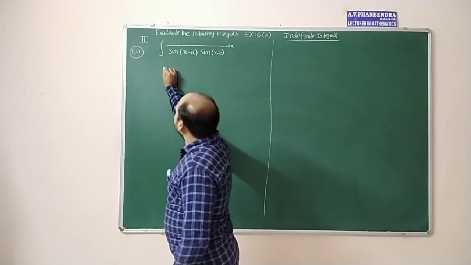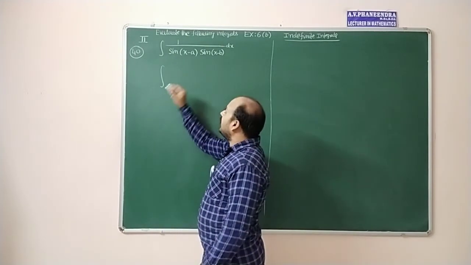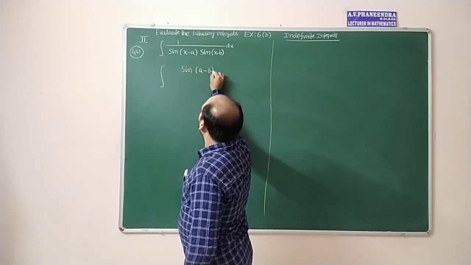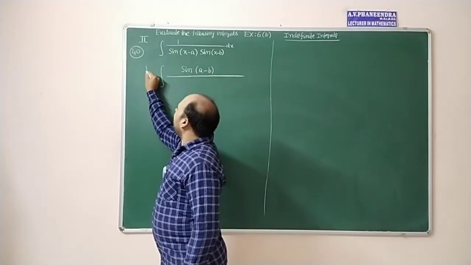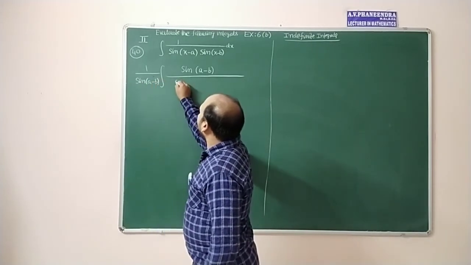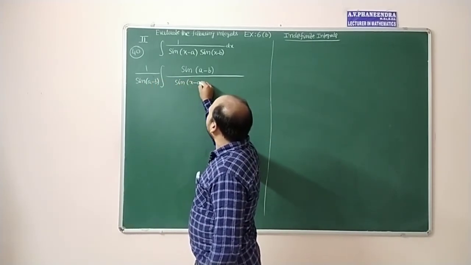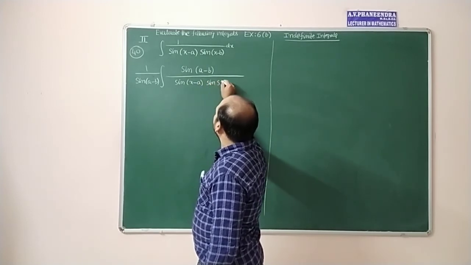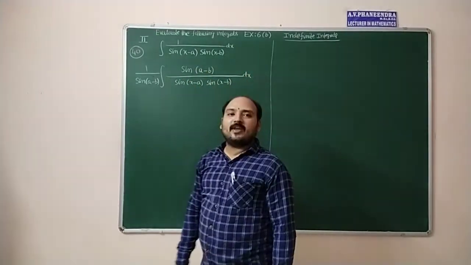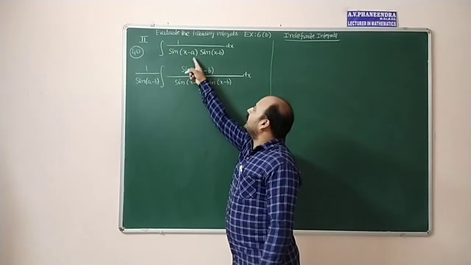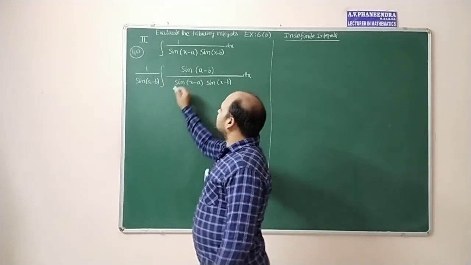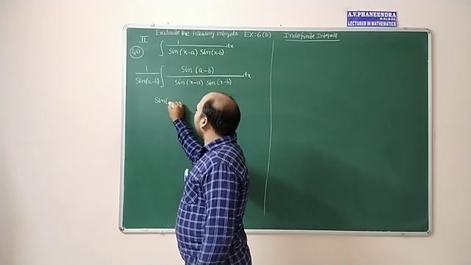So whenever we are evaluating these problems, we multiply and divide by sin of a minus b, which is a constant, and as usual write the function as sin of x minus a into sin of x minus b. Now the numerator sin of a minus b has to be expressed in terms of the denominator values. See how we are going to evaluate that numerator, sin of a minus b.